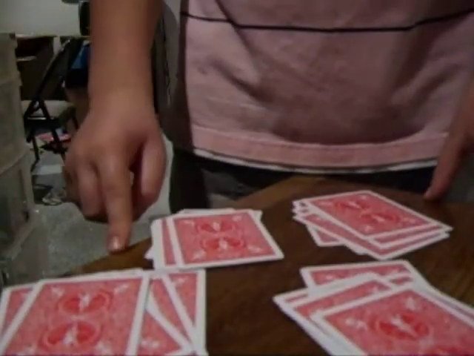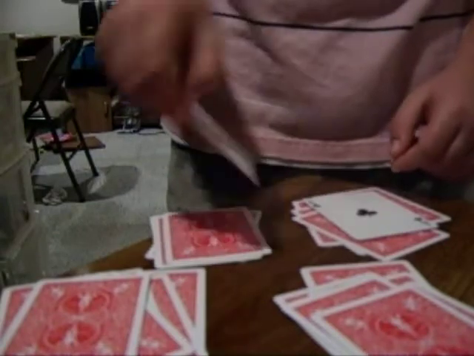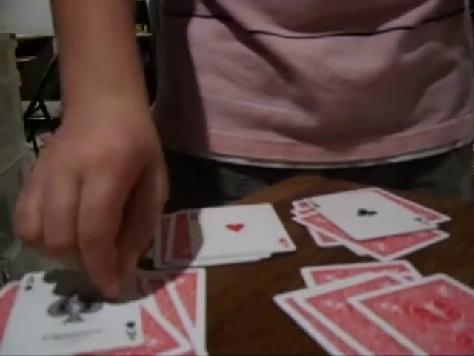Now, since the 4 aces were on the bottom, they're now on the top because you dealt them off last. So now all you have to do is flip over the top cards, say whatever you want to say, and wait for the amazement to happen